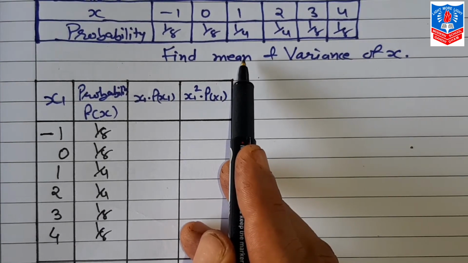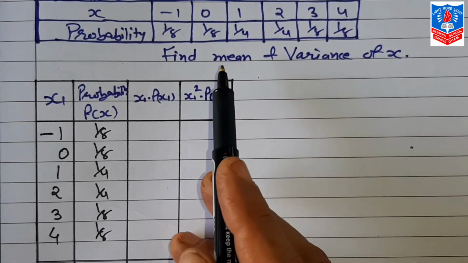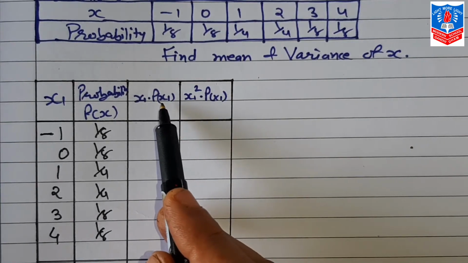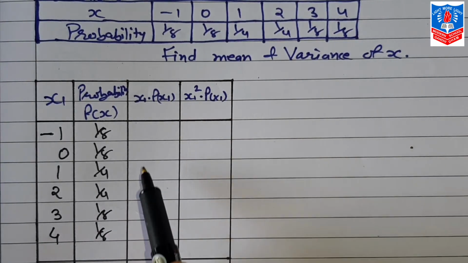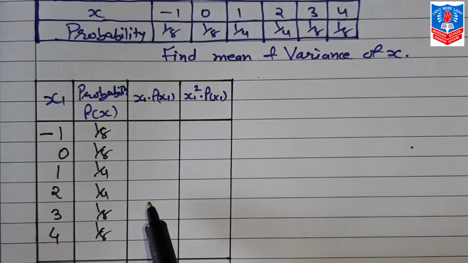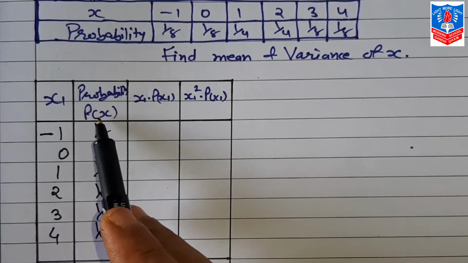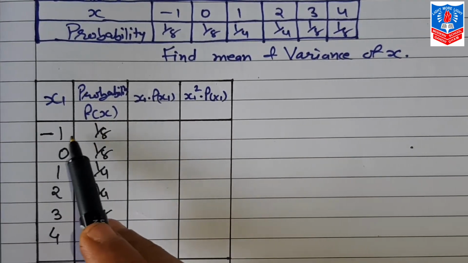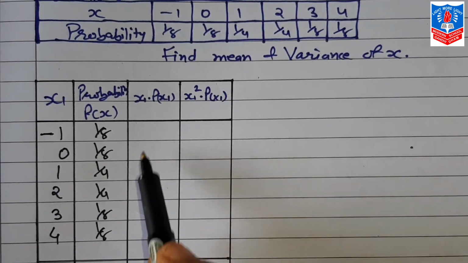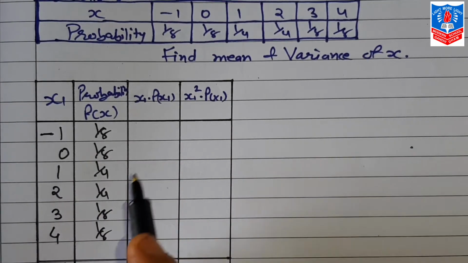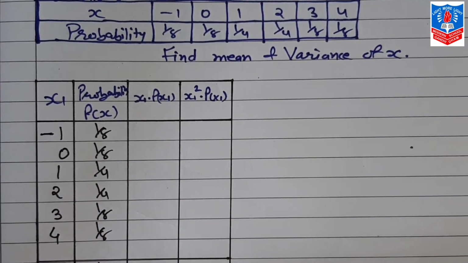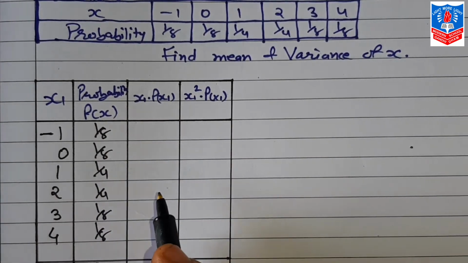So first, for finding the mean, what is the formula? Sigma x into px. In this table it will be very easy for us to calculate, which is x into px. Now this is x and this is px. Simply we multiply all these values and write the total of that here. The total of px is 1 only, as we discussed, you can check also.